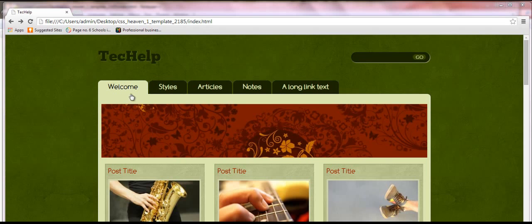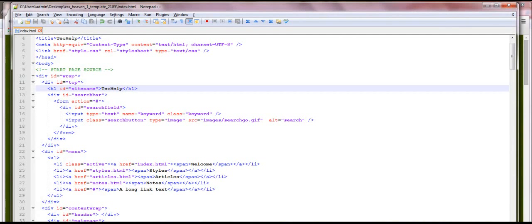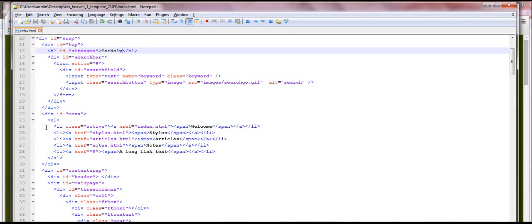After editing our website name, we want to edit the menu names, that is welcome, style, article, notes, along text. I would like to change these 5 menu items into home, ASP.NET, WCF, MVC, and C#.NET. For this, open index.html in Notepad++ and edit these links.